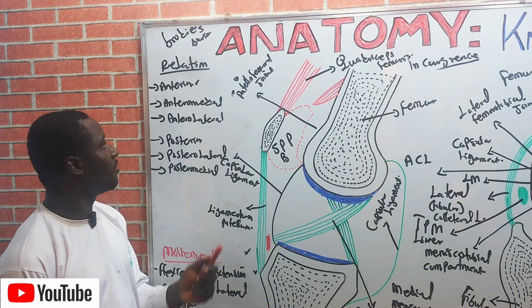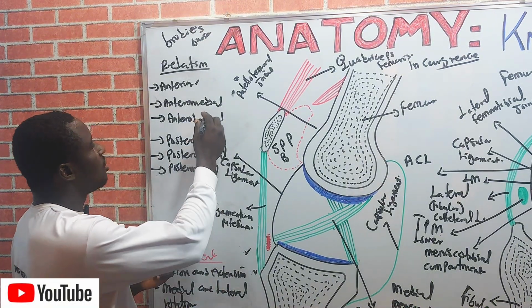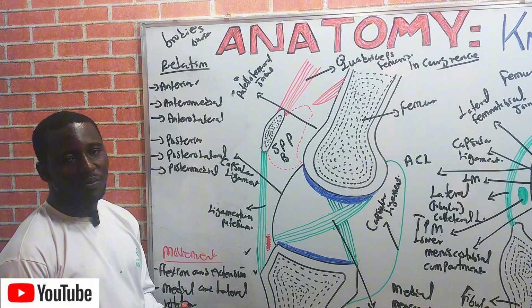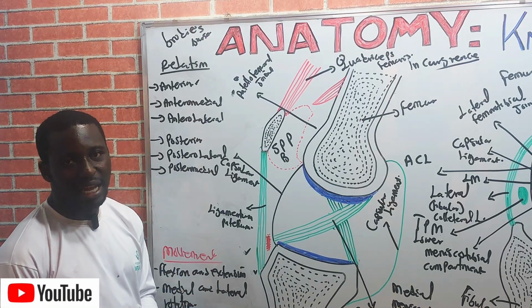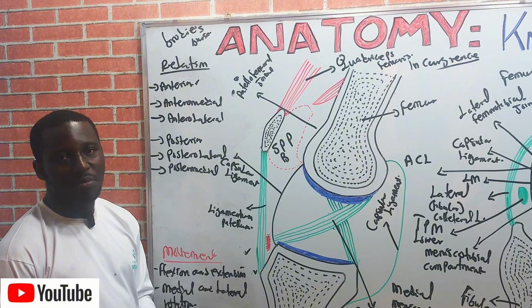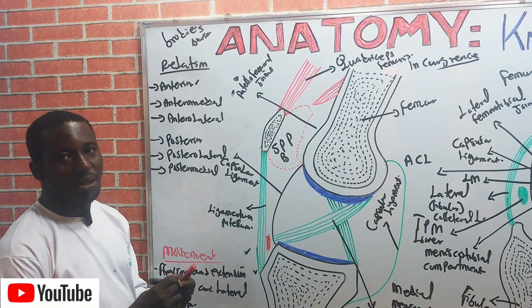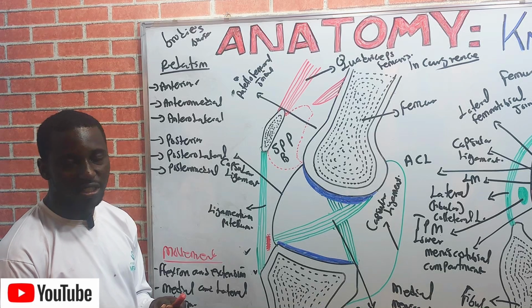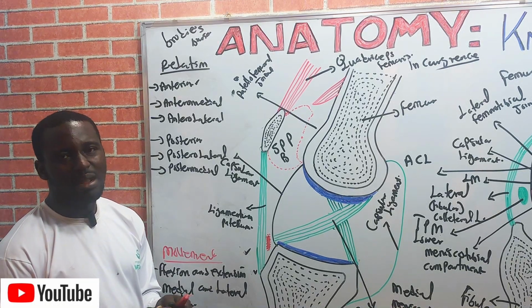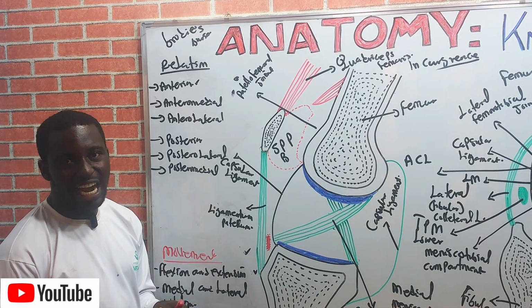Those are the structures that form the anterior relation. On the anteromedial relation, we have the medial patellar retinaculum. On the anterolateral relation, we have two structures, the lateral patellar retinaculum and the